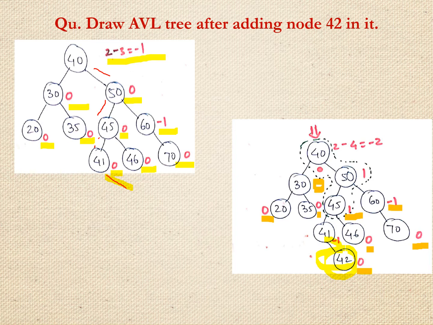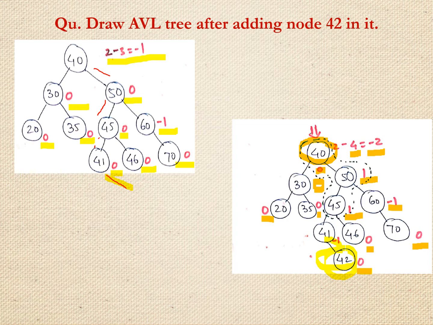Now for this node, the left height of this subtree will be 3, and on the right hand side 2. So it is 3 minus 2, 1. And for this node the left subtree height is 2, and for the rightmost subtree it is 4. So now it is getting minus 2. That means your node is getting imbalanced at node 40, and this imbalance is shown here with the dot.